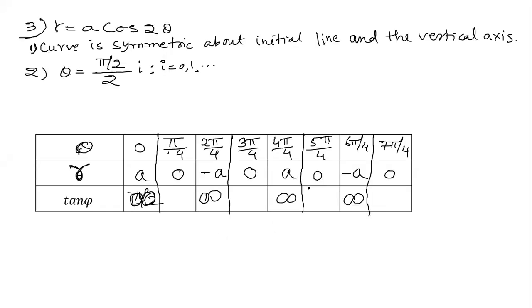See, first thing here, horizontal axis, vertical axis. Then we have to draw a circle with center at origin and radius as a. So the entire curve will be here within this circle, and the different radii vectors as theta equal to 0, then theta equal to pi by 4, theta equal to 2 pi by 4, then this will be 3 pi by 4, 4 pi by 4, 5 pi by 4, 6 pi by 4, this is 7 pi by 4,